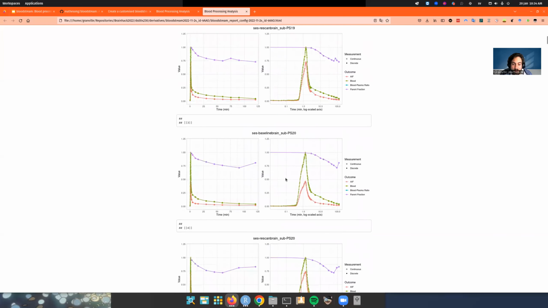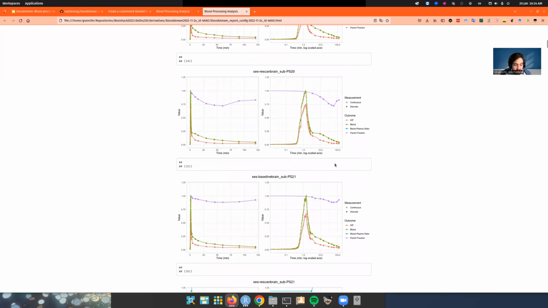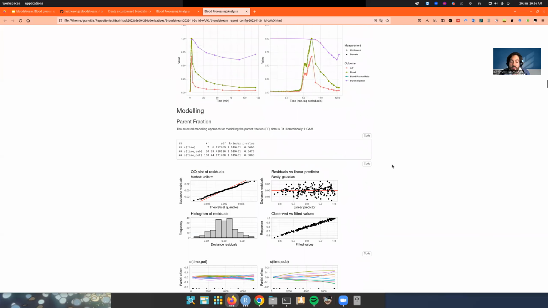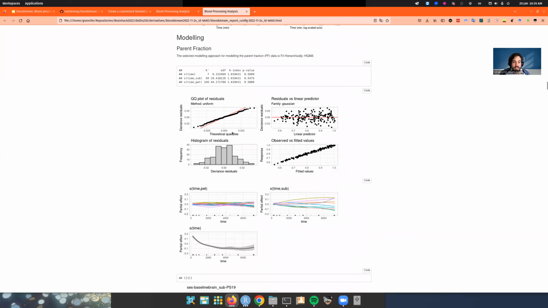So first we look at the raw data. This is what the raw data looks like, which we've seen before in the first analysis. Now we move on to the modeling. So firstly, the parent fraction, we get some diagnostic plots. We can look at the QQ plot of the residuals, which looks pretty okay. We can look at the residuals versus linear predictor to look for heteroscedasticity, the histogram of the residuals, and the